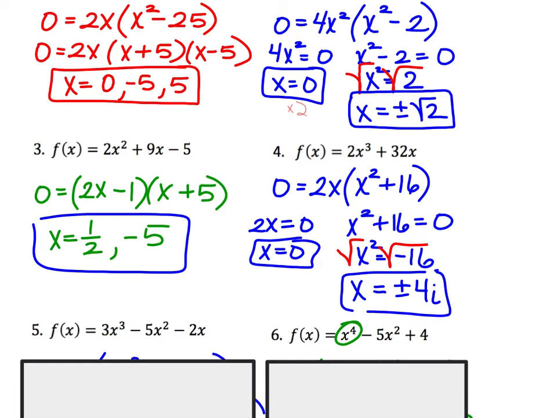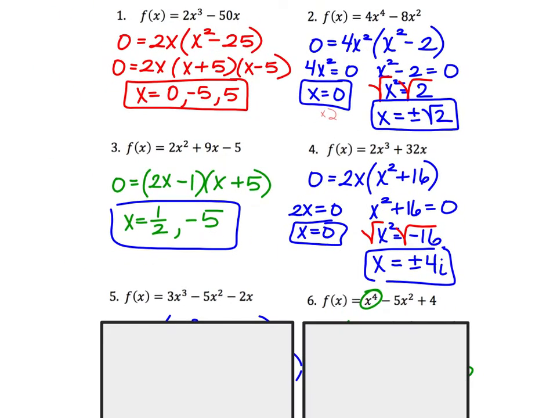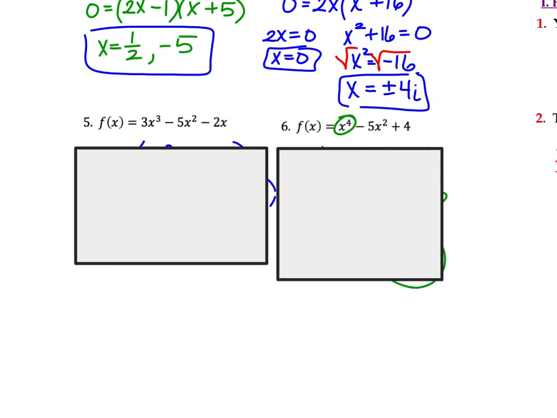And the square root of 16 is just 4. I'm counting 1, 2, and 3 answers. We expected 3, so we're good. All right, 5 and 6, home stretch here, folks. Number 5,